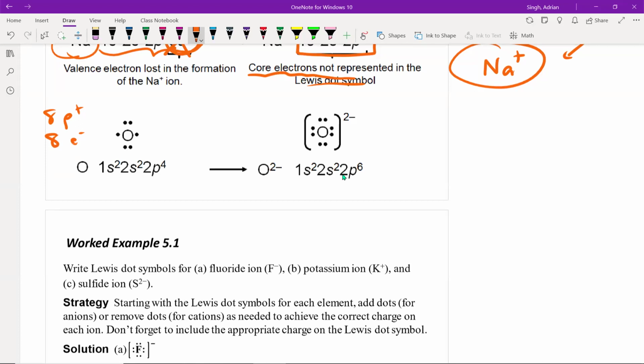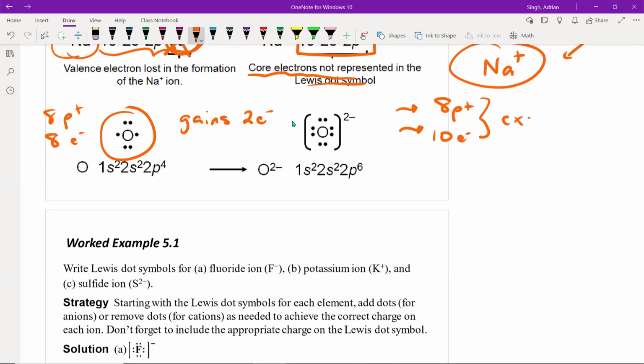So overall, the oxygen atom doesn't have a charge. Now, what the oxygen can do, with those 6, it actually wants to gain 2 more electrons. And by doing so, we still have our 8 protons. That doesn't change. Now it gains 2 more electrons, so 8 plus 2 gives me 10 electrons. If I look at my charges, now I have an excess of 2